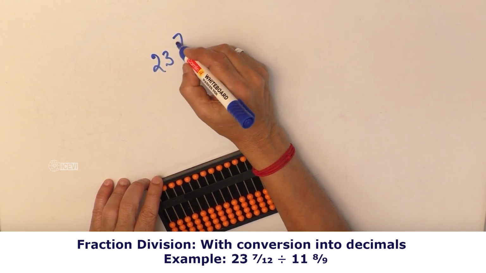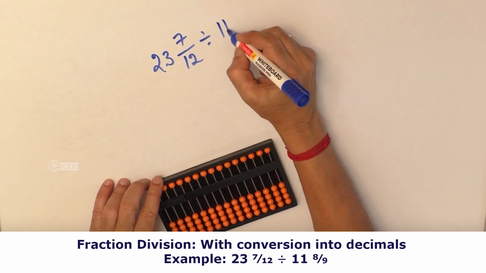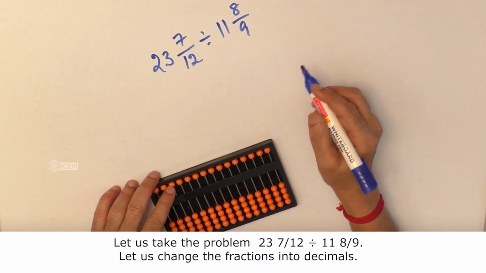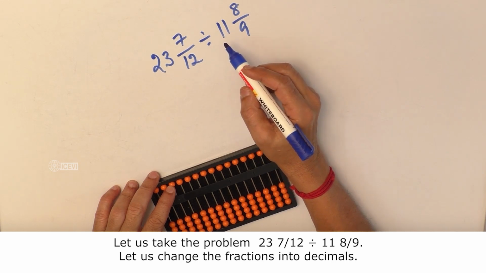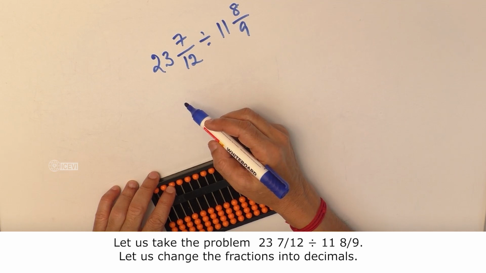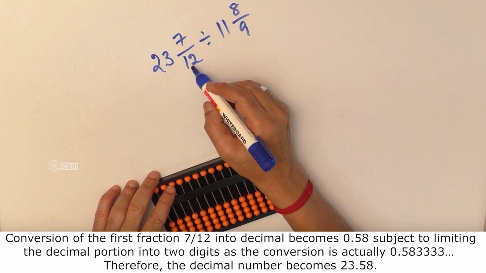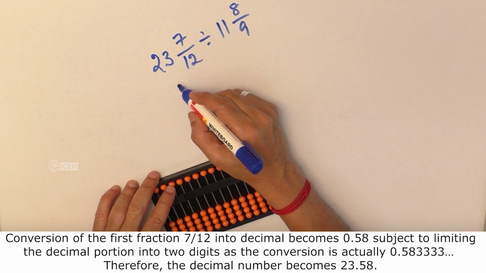23 7/12 divided by 11 8/9. Let us take this problem, 23 7/12 divided by 11 8/9. Let us change the fractions into decimals. Conversion of the fraction 7/12 into decimal becomes